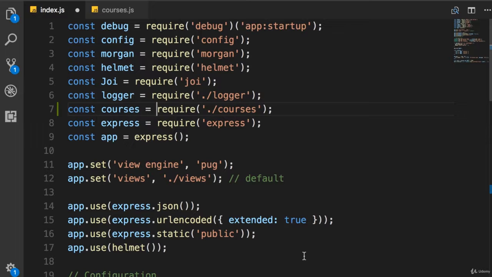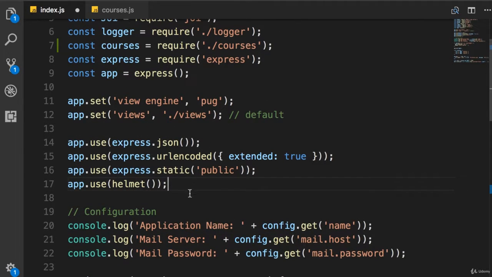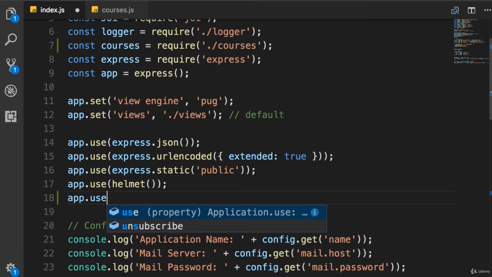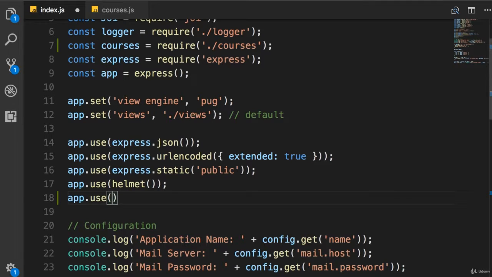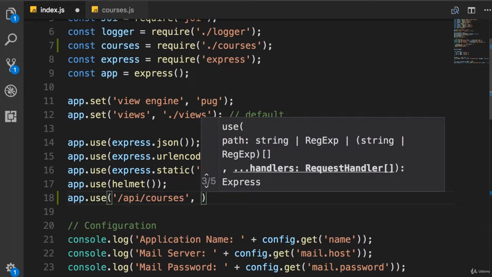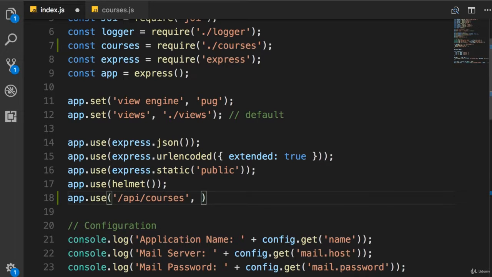And finally, once we load this module, we need to call app.use. Here we need to supply two arguments. The first argument is a path, so /api/courses. And the second argument is a router object that we imported, that is courses. Basically, we're telling Express that for any routes that start with /api/courses, use this router, the router that we loaded from the courses module. And with this, we can go back to our courses module and make our routes a